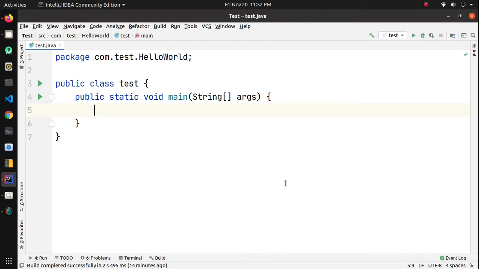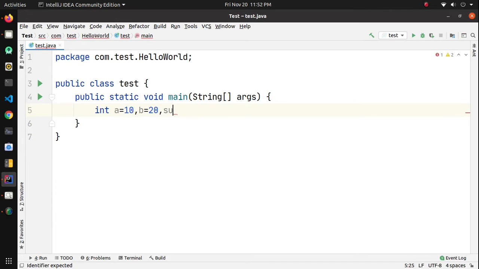So here we are going to create a very simple program where there will be two variables and we are going to find the greatest among them using conditional operators. So let's quickly create variables: a equals 10, b equals 20, and I need one more variable which will be sum.